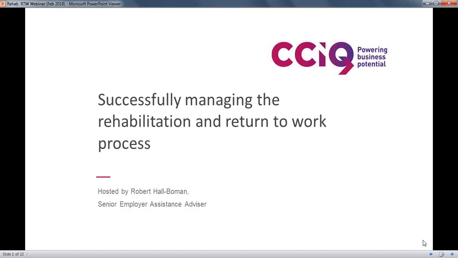The easiest way to make money in your business is to learn how you can save it. Research demonstrates that having a sound workplace rehabilitation and return to work process in place is not only in the best interest of injured workers, but also has a positive impact on employer workers' compensation and insurance premiums.